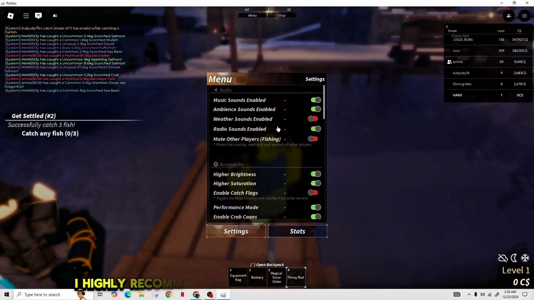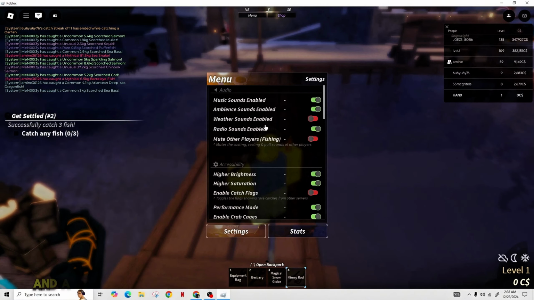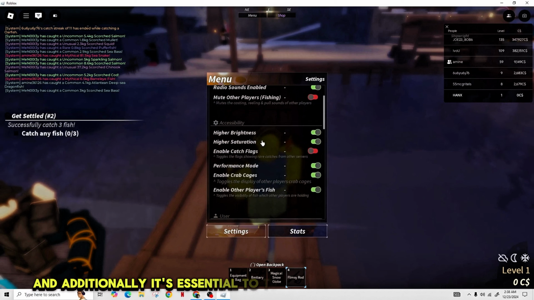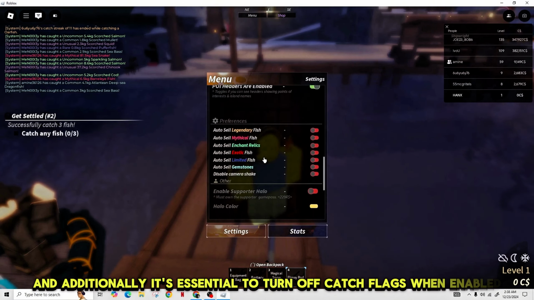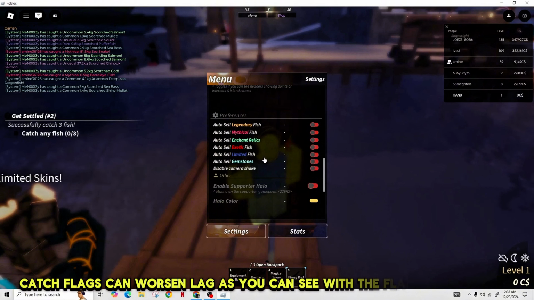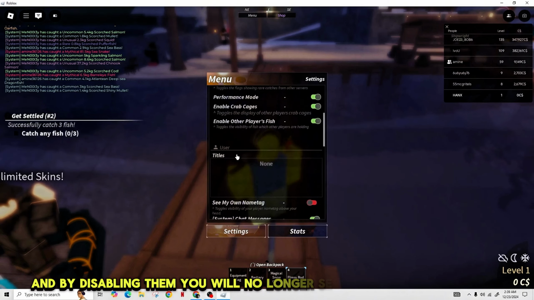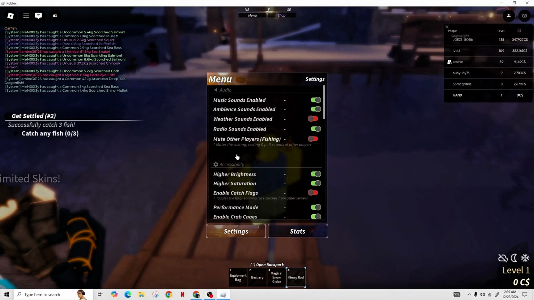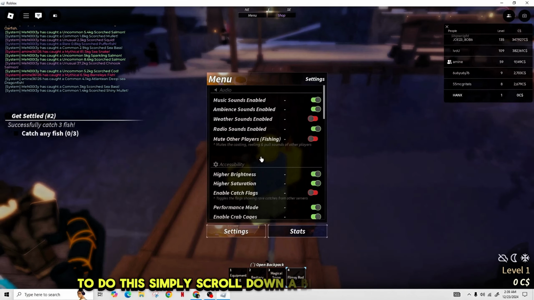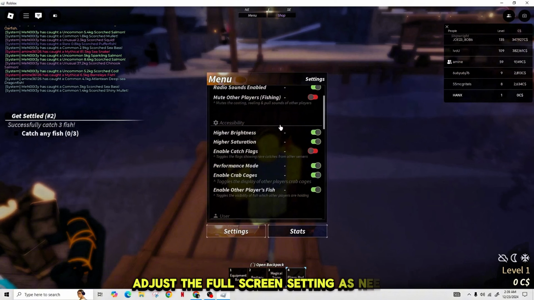I highly recommend disabling the WA as it can cause lag, and additionally, it's essential to turn off catch flags. When enabled, catch flags can worsen lag, as you can see with the flags on the island, and by disabling them, you will no longer see those distracting flags. To do this, simply scroll down a bit more in the settings, adjust the 4% setting as needed,